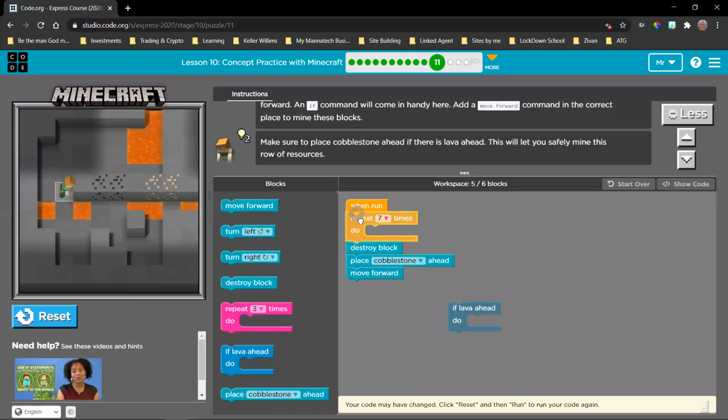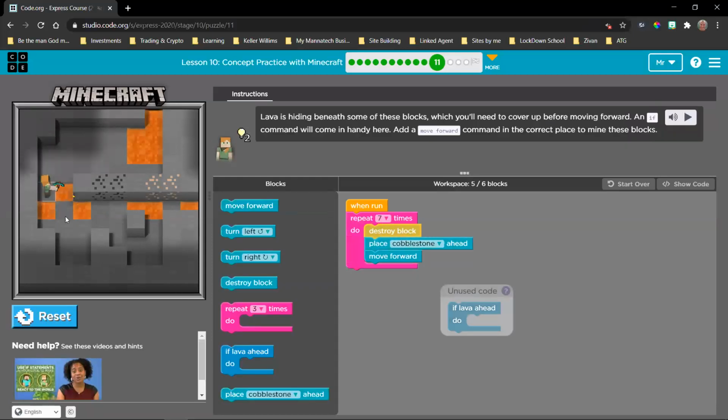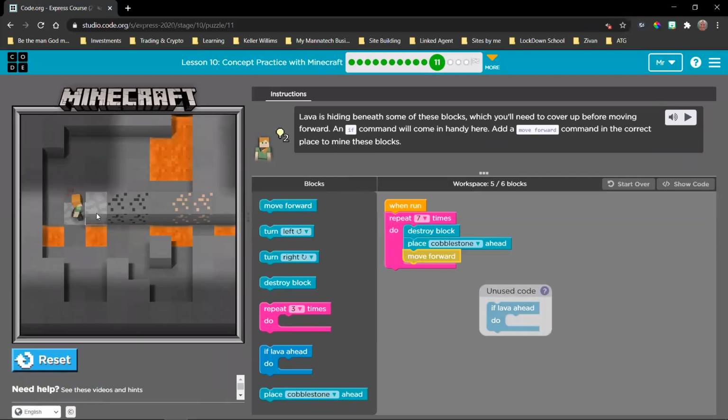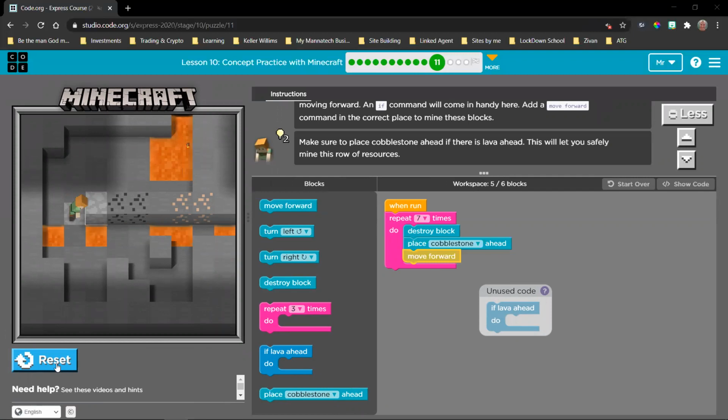Now, the moment you repeat this, though, it becomes a bit of a story. Because now, even if there isn't lava there, as you can see, we will continue to place cobblestone there. And we're going to bump our heads, and we're going to break it, and we're going to place it, and this will just continue until the loop runs out. Okay. And you can see now, Alex is not in a mood for this anymore, right?